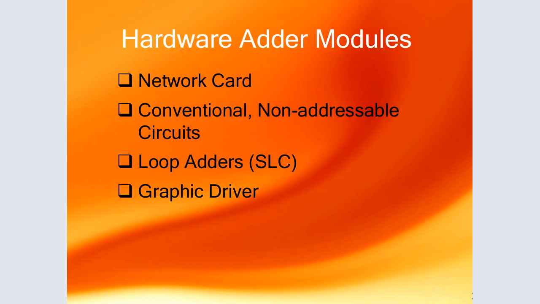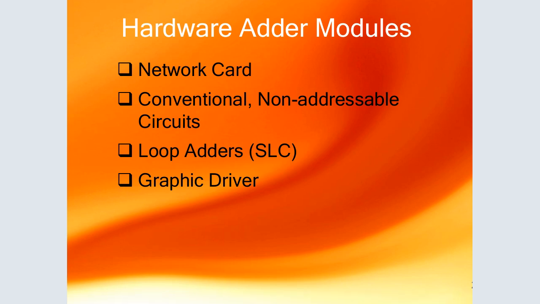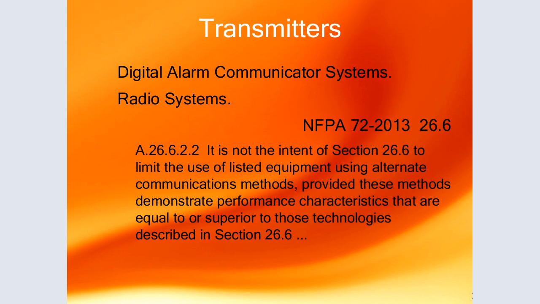So we talked about the hardware that is used. The hardware used there: we have the network card that is used for communication, the conventional, and the addressable circuits. During installation of the fire circuits, we break them into zones, called the addressable circuits, and then we have the loop adders. That is the SLC and the graphic driver. The digital alarm